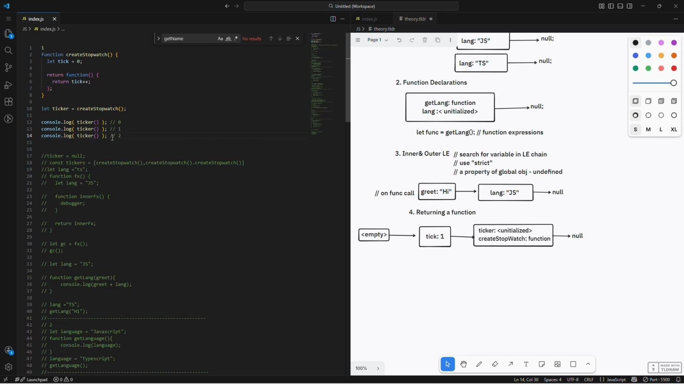Now the question arises that I am outside this function, createStopwatch. And we know that closure means that it is able to access the outer variables, right? And for this nested function, tick is the outer variable, right? But the question arises how this connection is maintained,